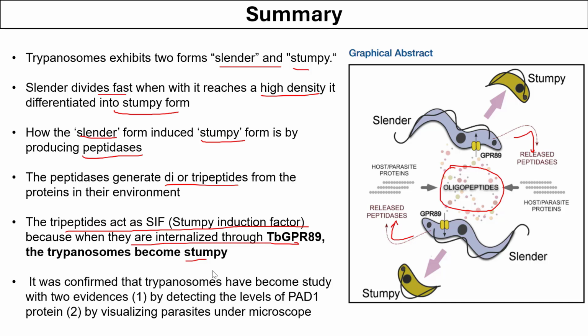And how do they confirm that trypanosomes have become stumpy? By looking at the expression of PAD1 protein and visualizing those trypanosomes under the microscope. They start looking shorter and rounder,